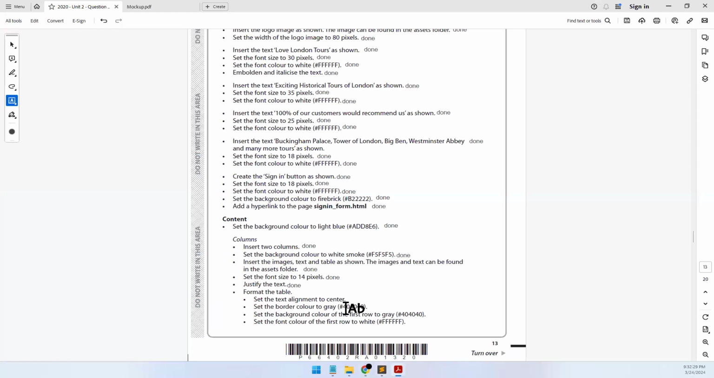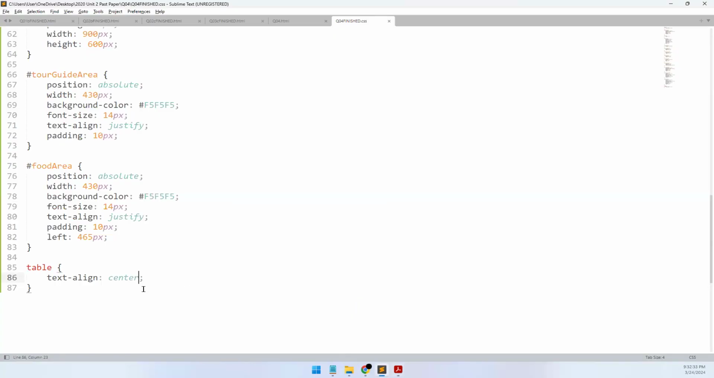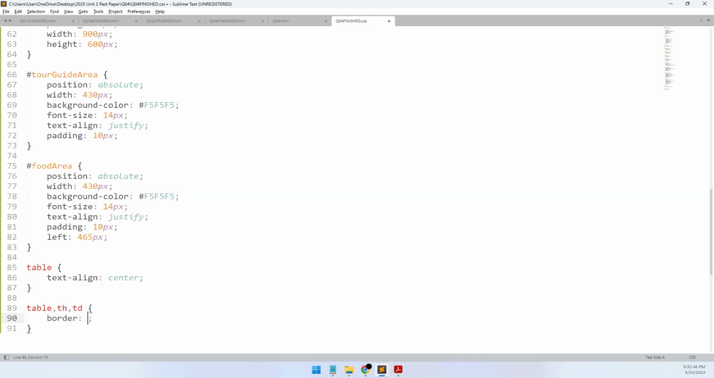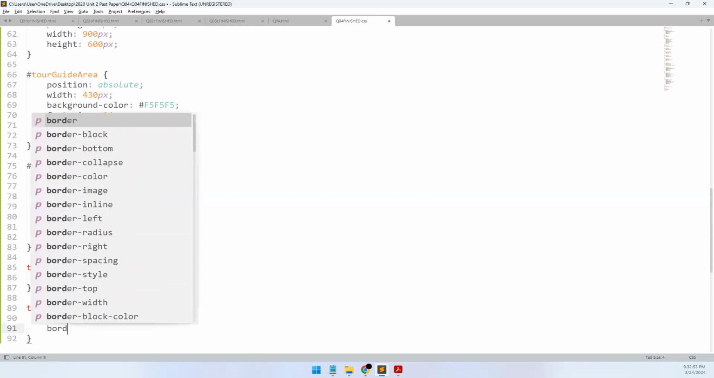Set the border color to gray. So the entire table needs to have a border. I'm going to open another one because I want the table headings and the table data, all 3 of them, to have a border. It should be a 1 pixel border, and the border color